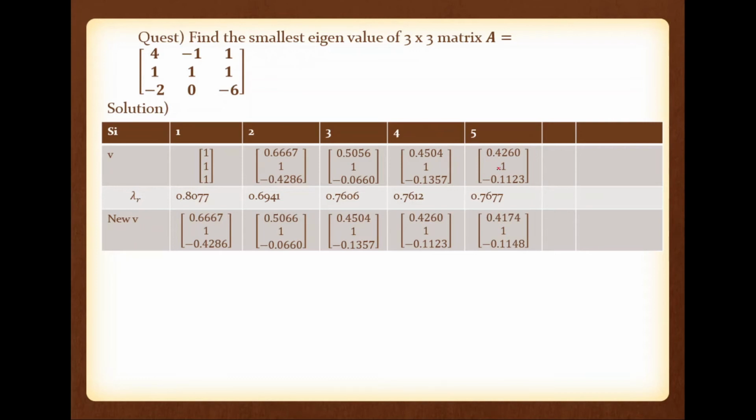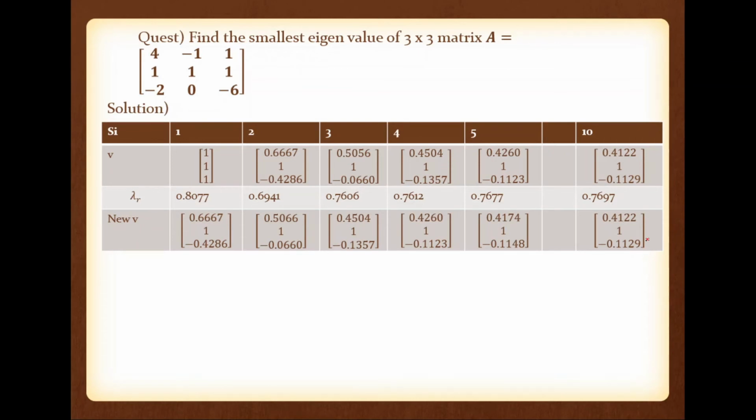So the initial vector of the fifth iteration is 0.4260, 1, minus 0.1123. So the largest value is 0.7677, and the new normalized vector is 0.4174, 1, minus 0.1148. So continue this. After the 10th iteration, we have the initial vector 0.4122, 1, minus 0.1129. The eigenvalue, meaning the largest value, is 0.7697, and the new normalized vector is 0.4122, 1, minus 0.1129, meaning the initial vector and